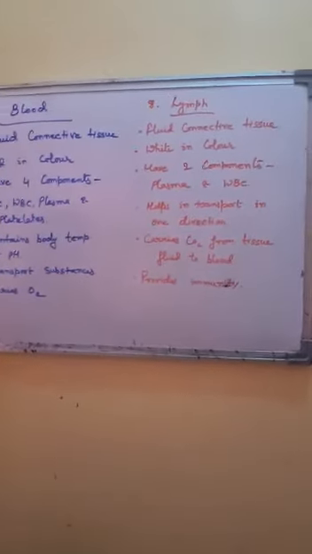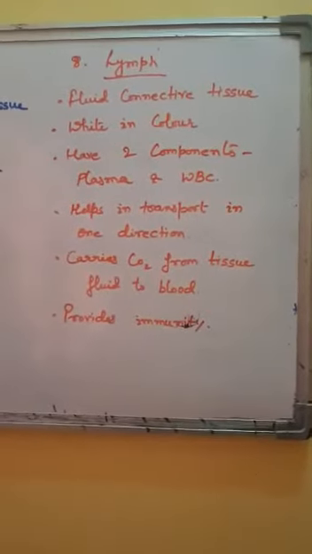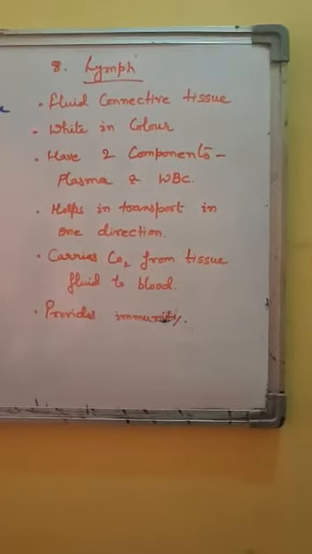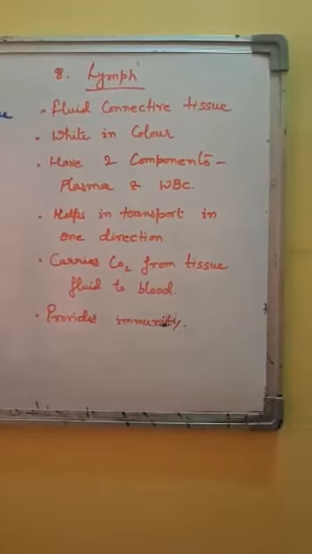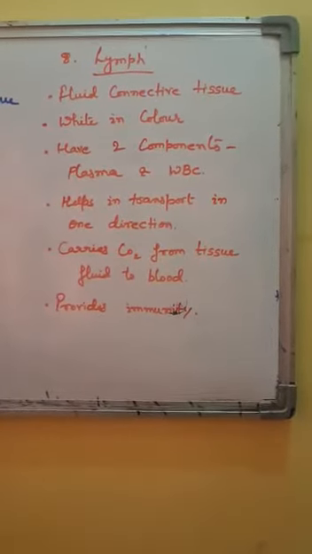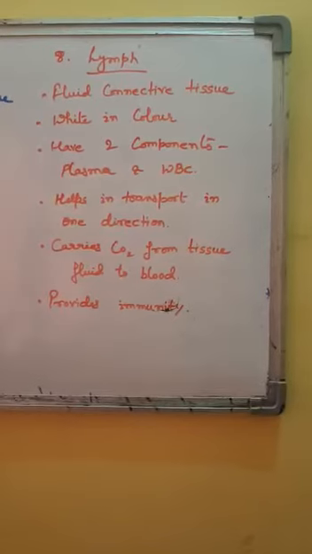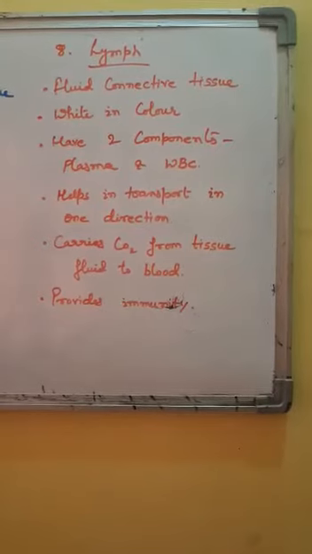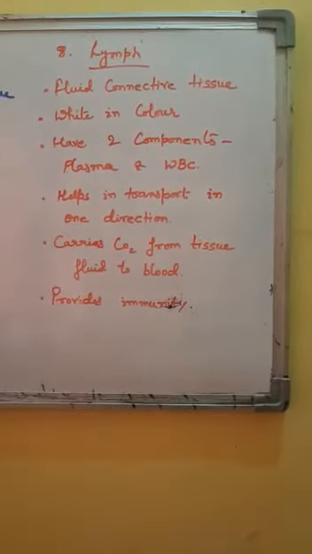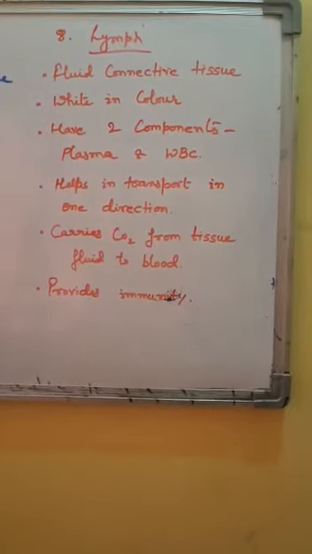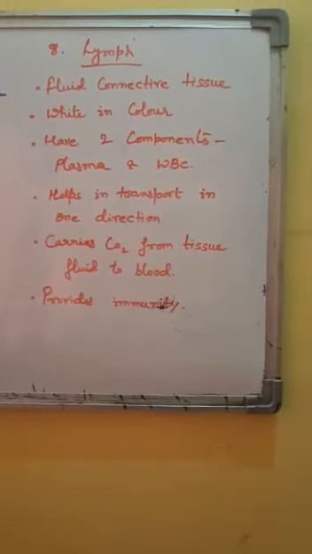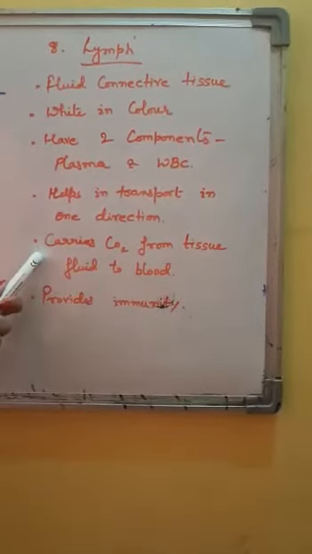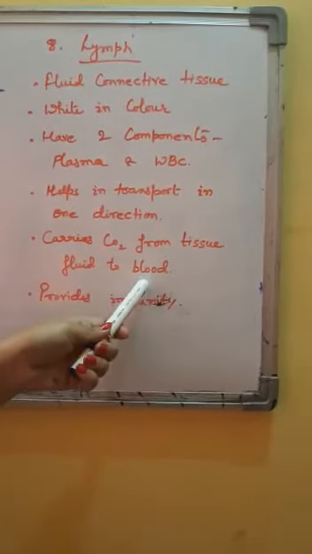Lymph helps in transport of substances only in one direction. Lymph forms tissue fluid and it carries substances from tissue to blood only. So for a short distance in one direction it carries some substances. Again, it cannot carry oxygen as it lacks hemoglobin or RBC. It carries some digestive substances, some nutritive substances, larger fat globules, some amino acids, etc. only for a short distance from tissue fluid to blood. Also, it carries CO2 back from tissue to blood.